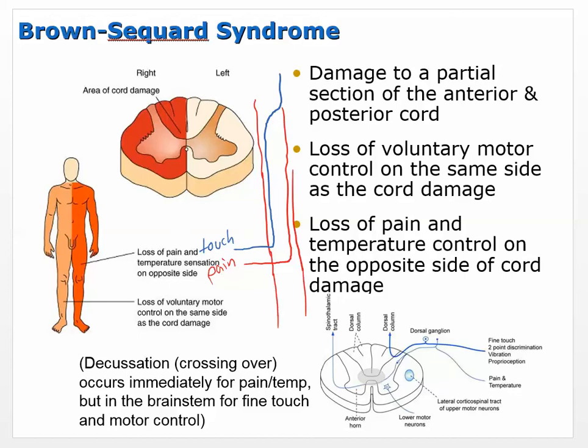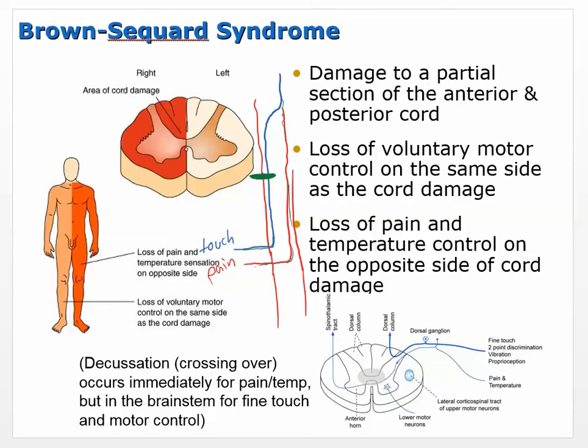So if you damage the spinal cord here, partial damage, so just half of it, then on this side you lose touch because it doesn't cross over right away. It moves up first and then crosses over, so you've lost touch,